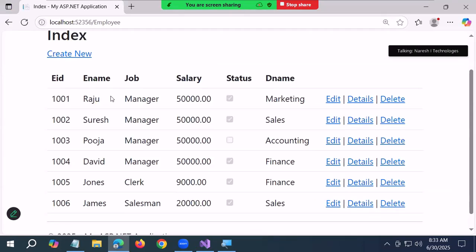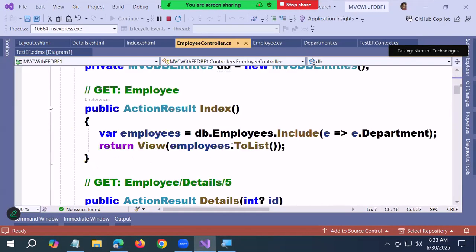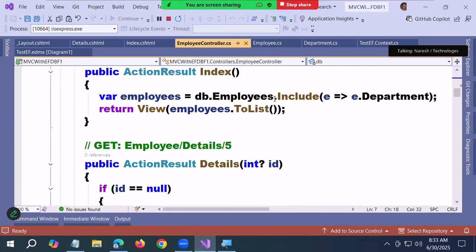Customize, man. Showing you. If you see, inactive records are also coming in the list. 1003 is an inactive record. That is also coming in the list. Correct? If you don't want it, you can use a filter. When we do, we will do all these particular things. Don't worry. Now we can say dot Where, and you can say e